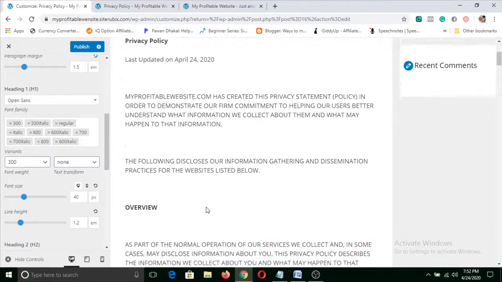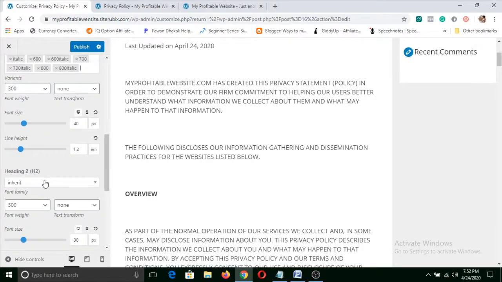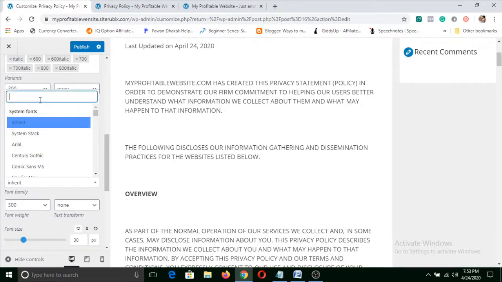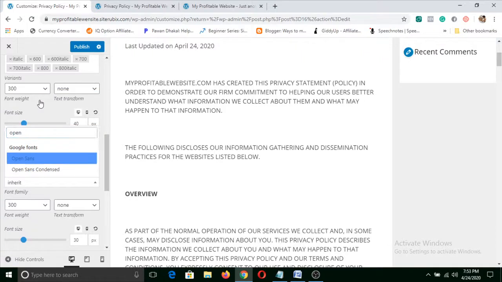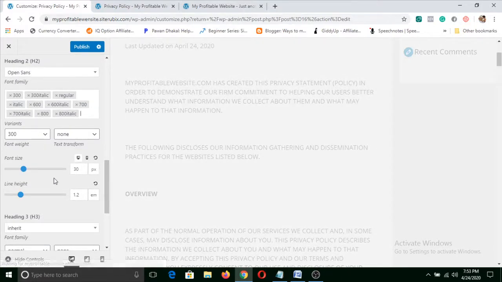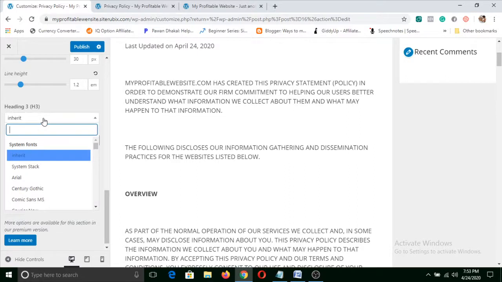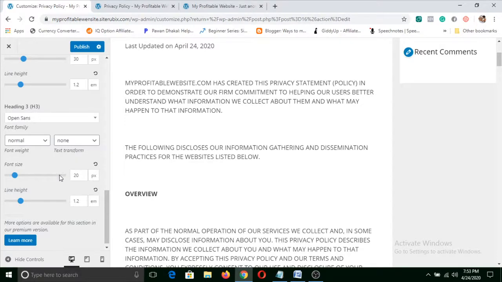We just changed H1, so whenever we make any post or page, our H1 will also be in Open Sans. Similarly, we will change H2 to Open Sans. This is one of the best quality fonts that you can use. Sweet, so we changed H2 to Open Sans. Now here also we will make it Open Sans.